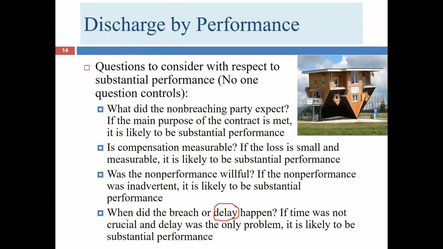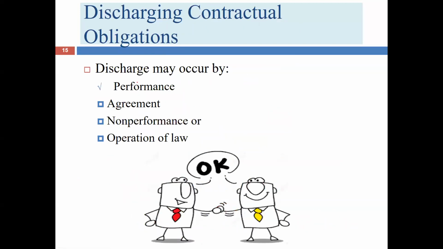And usually that language is going to be included in the contract, and there'll usually be some discussion about why time is of the essence. You know, we need to have this done by this date for this reason. And that way it strengthens the argument of the person who wants that date to be a drop dead date, that, hey, yes, this is really important. Because again, the court's going to be inclined to say, well, you know, as long as everyone's trying, we're going to cut them some slack unless we see a really good reason not to. And again, that language could be the really good reason. So that's our first topic.